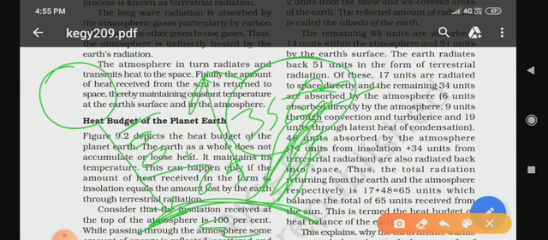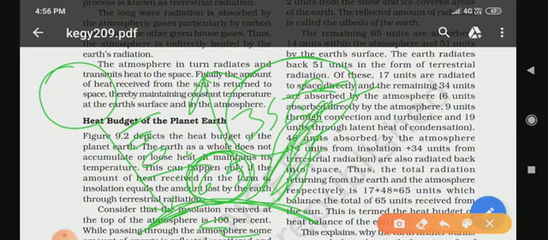It is simply defined as a measure of how much light that hits the surface is reflected and how much is absorbed, that is, how much of the sunlight our earth absorbs and how much heat is received on the surface of the earth. So the remaining 65 units are absorbed in the atmosphere. So the remaining 65, which I have written here, 65 units are absorbed in the atmosphere, and 51 units in